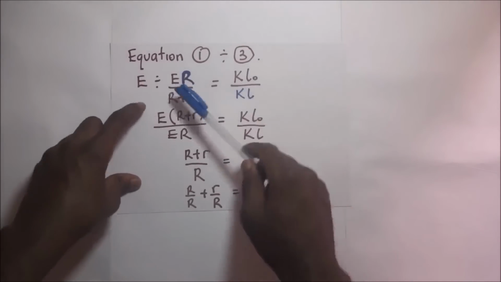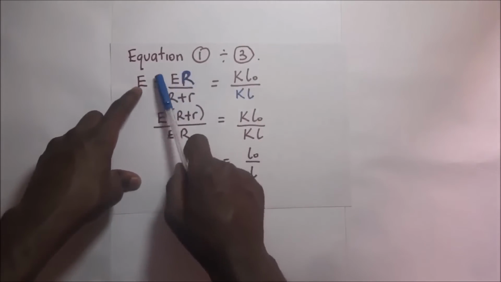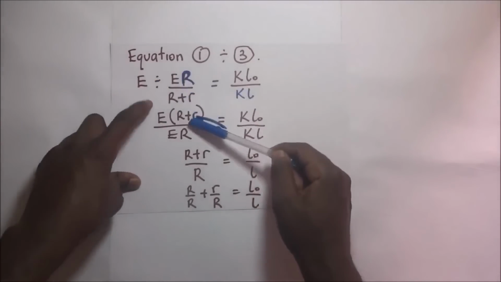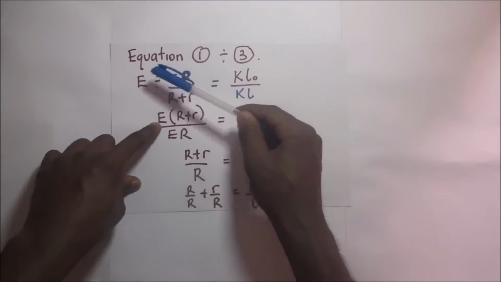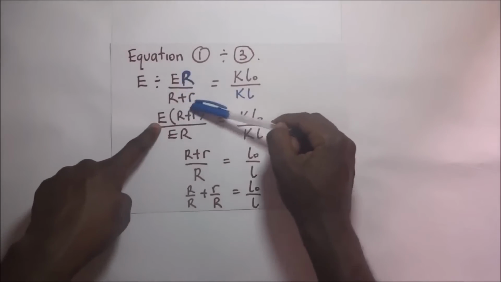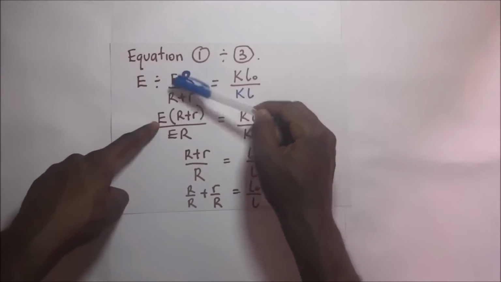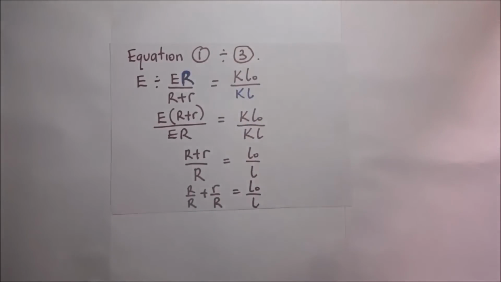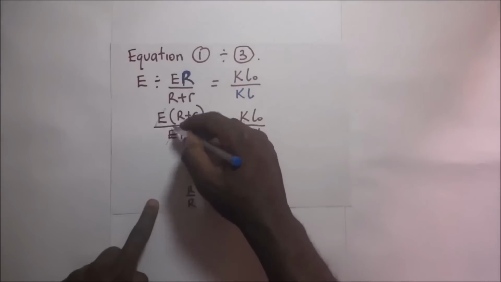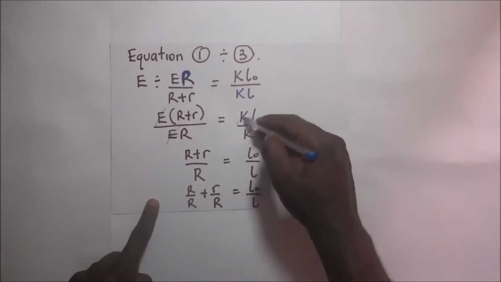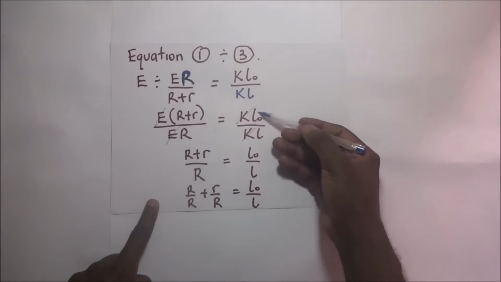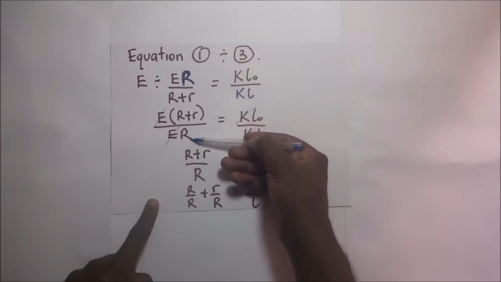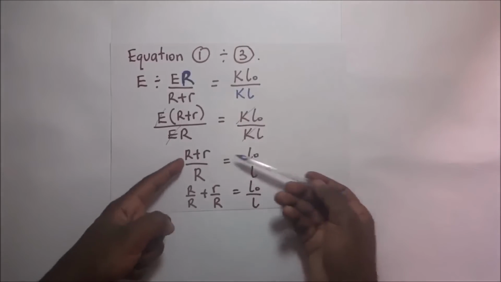When we divide this, of course, E divided by this expression, the division sign becomes multiplication when this becomes the reciprocal. So that's how it becomes E times the reciprocal of this, which is R plus r, divided by ER, is going to be equal to this over that. Of course, from here, E and that, these two will cancel. Even this K and that K will cancel. You remain here with L naught over L. And here we have R plus r over capital R. So right there,